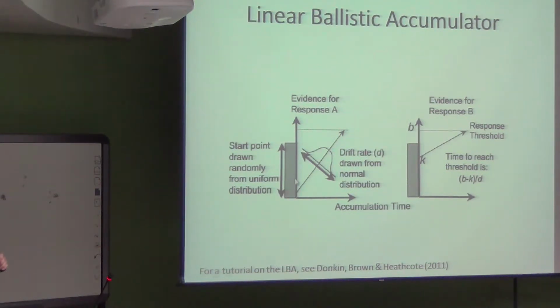So if we know where we're starting, and we know what this threshold is, we know how much distance we have to travel, and if we know our rate at which we approach that distance, well, we can just rearrange the simple equation distance equals rate times time, to get time equals distance divided by rate, to get a measure of how long it takes us to actually reach this threshold, given that we started somewhere here and we're approaching it with a rate drawn from this normal distribution. So, one clarification here.